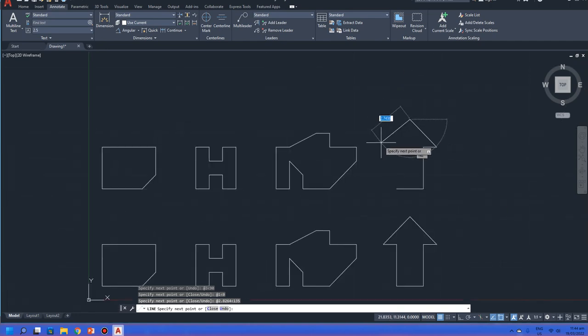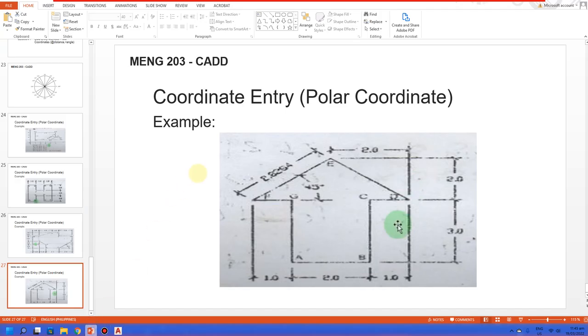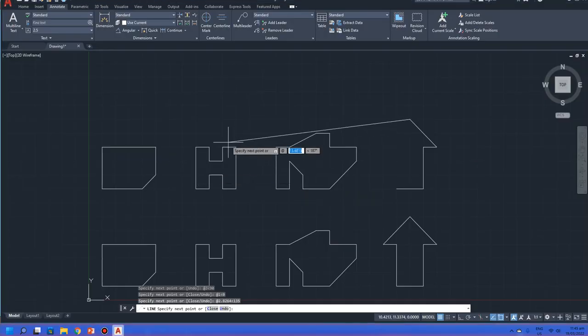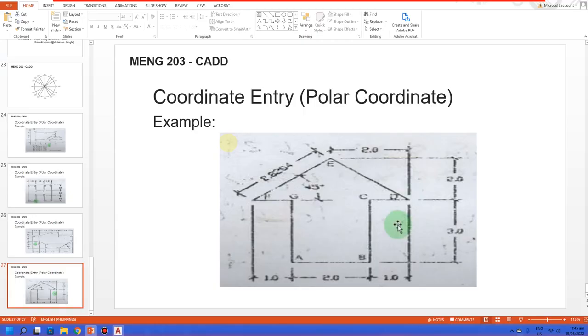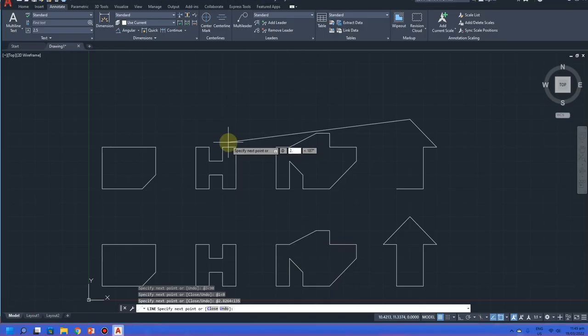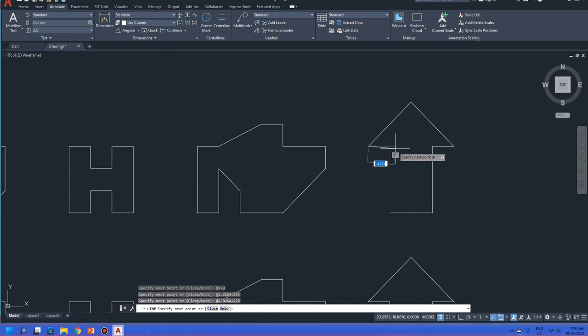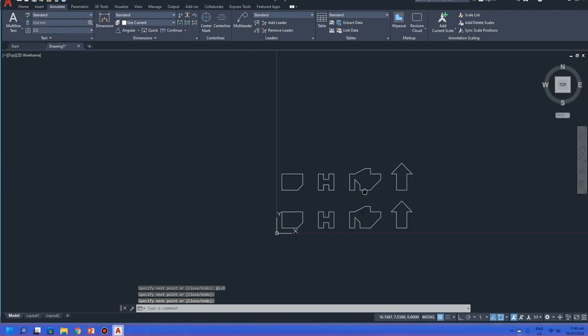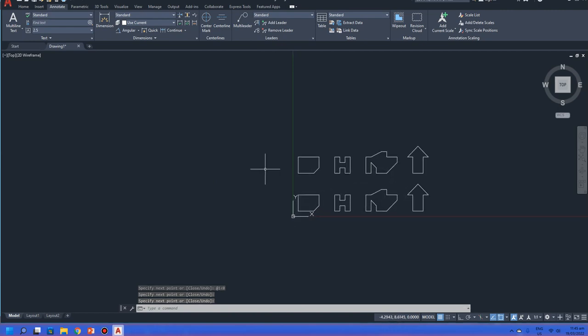And then the distance is 2.8264, and the angle is 225. Okay, distance is 1, angle is 0, and just close it by clicking the endpoint there. Okay, so that's how you create a shape if you are going to base on